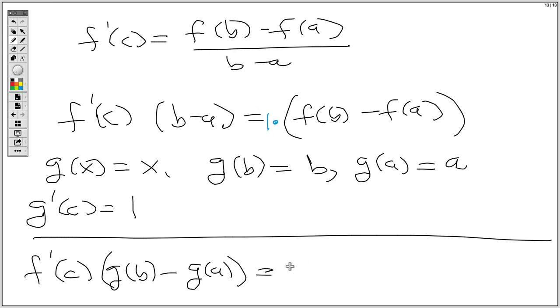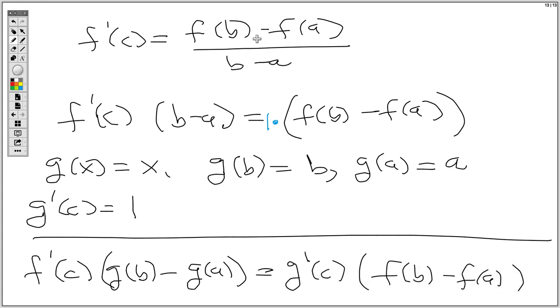But this will be g prime of c, because that's 1, f of b minus f of a. So if I wanted to, I could rewrite this equation in this form. And this is essentially what the extended mean value theorem is: if you have two functions f and g, you can always find a value c that makes this work. All right. So once again, on the surface, so the extended mean value theorem,